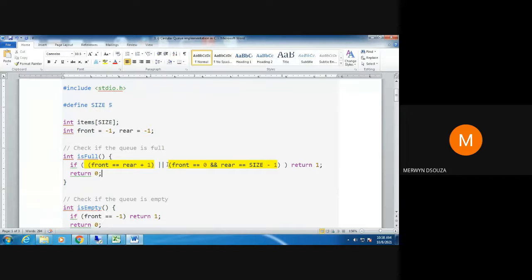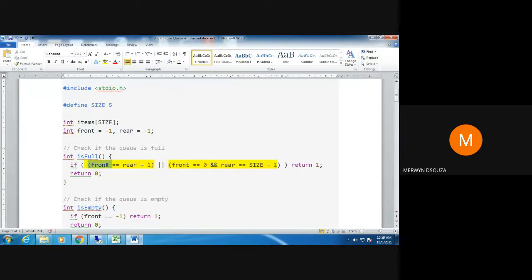Also when you check this, this is also false. Front is not equal to 0 because front is -1, and this is an AND condition. So this has to be true and then this will be checked. Since this is false, -1 is not equal to 0, no need for checking this.